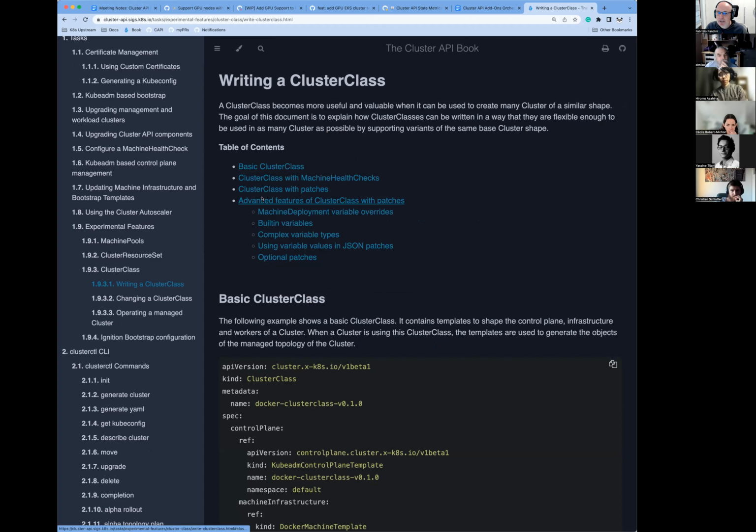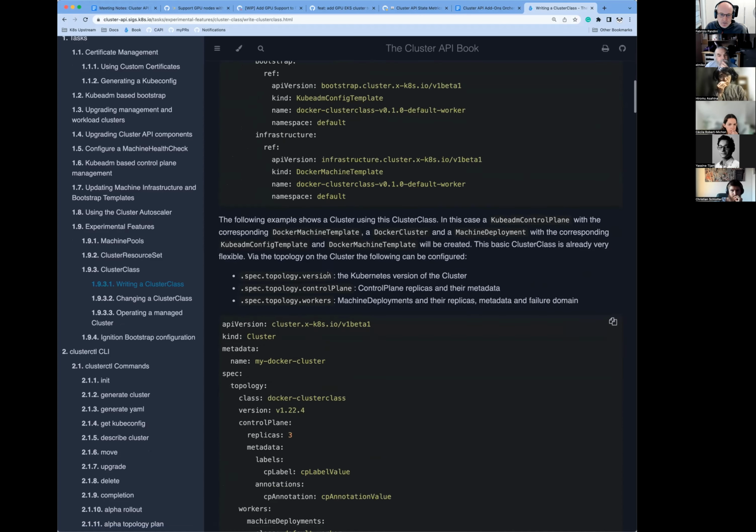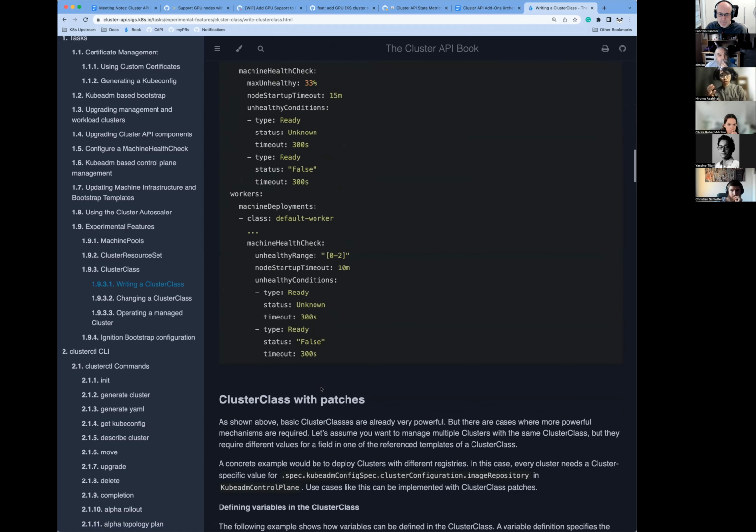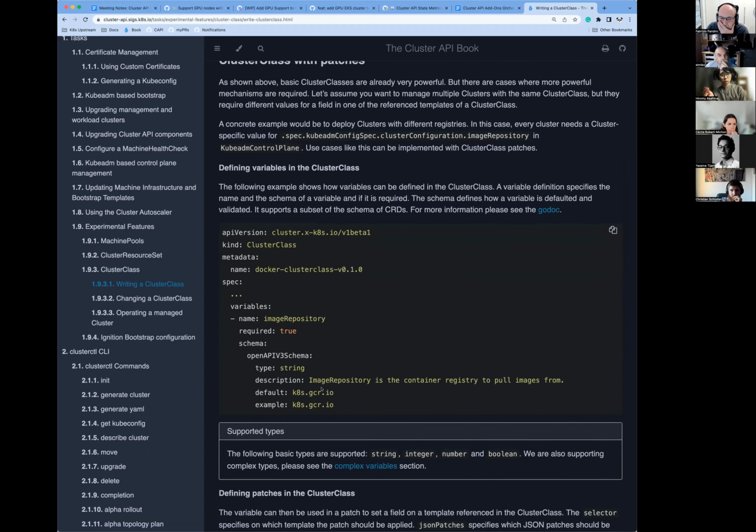Yes, exactly, because ClusterClass allows you, for instance, to define variables. So we can freely add variables, or are they predefined? No, you can define your own variables. I see.